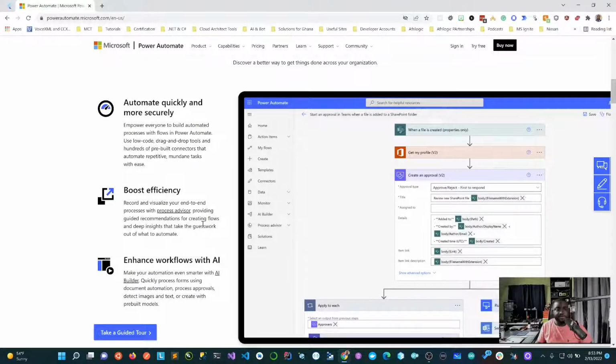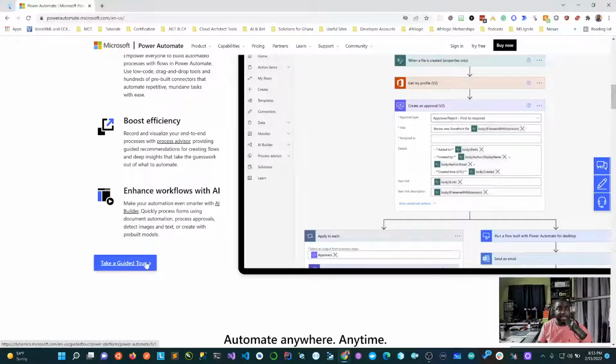Boost efficiency, because now there are features like the process advisor that goes through all your automations and figures out the best way to optimize and build your flows, as we call them, in a more efficient way. Then, as you know, most Microsoft products already have AI embedded, so there are also opportunities to use AI Builder.